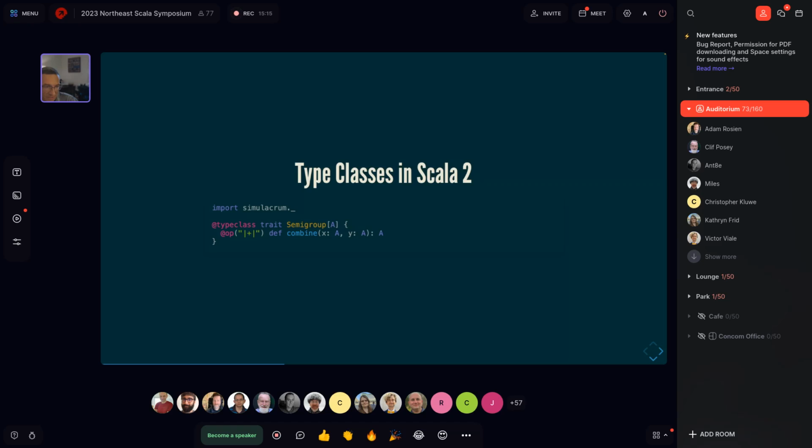Simulacrum came about because I didn't like all of this machinery that was necessary to describe these very, to me, simple and elegant ideas around type classes. When you added all the machinery, it obfuscated the important parts of the code. And so we wrote Simulacrum. It was a macro annotation. And the idea was that you could just annotate a trait with @typeclass, and we would just auto-generate everything else for you at compile time.